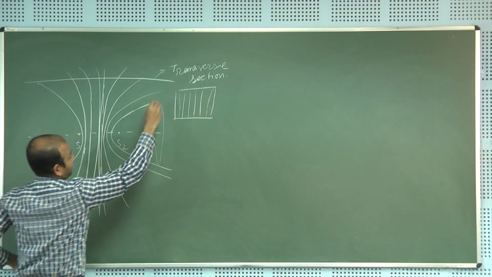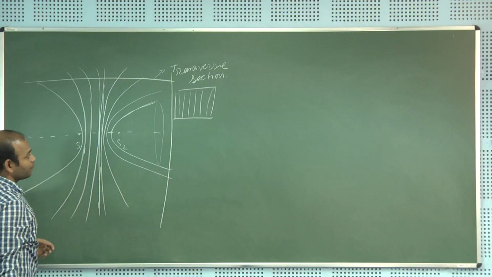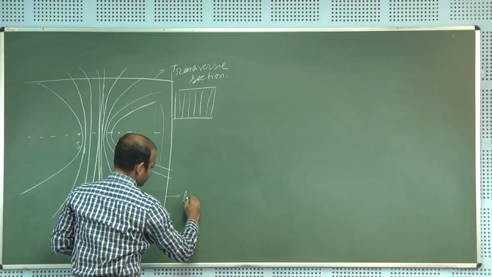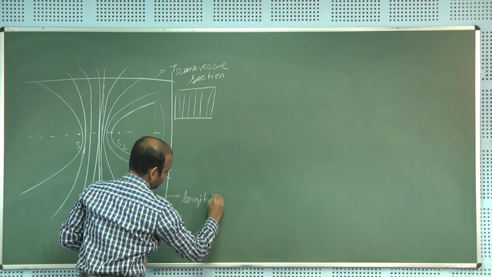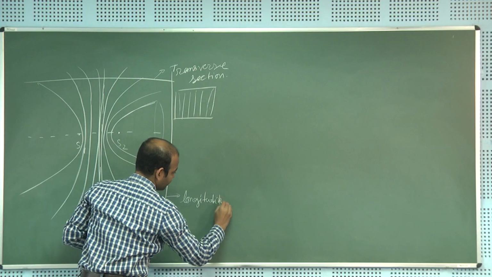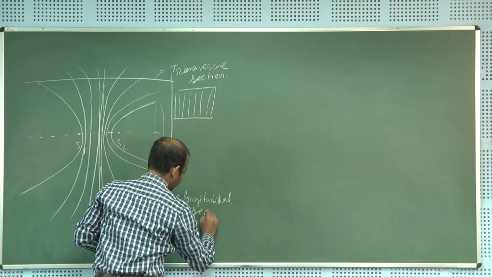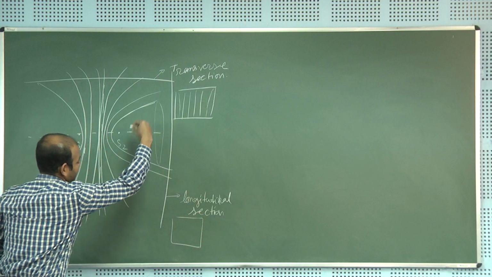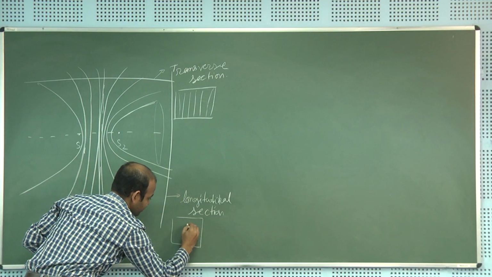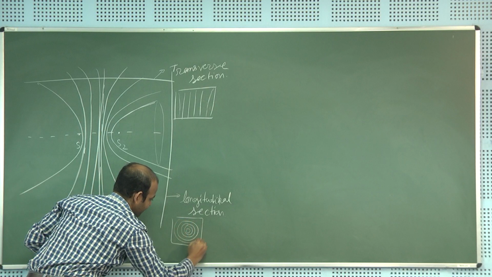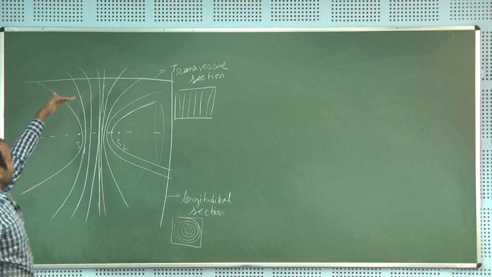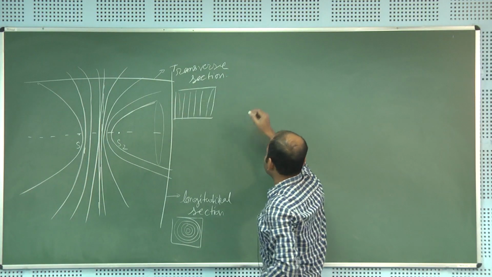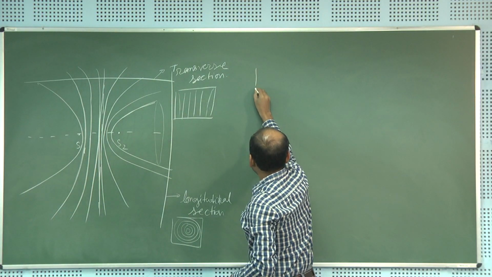If we take a cross section along this plane, we call it the longitudinal section, and there we obtain a set of circular fringes, right. And for the transverse section we discussed the Young's double slit experiment,